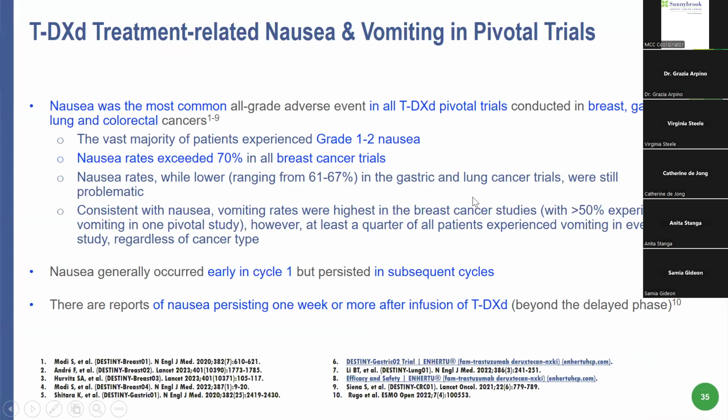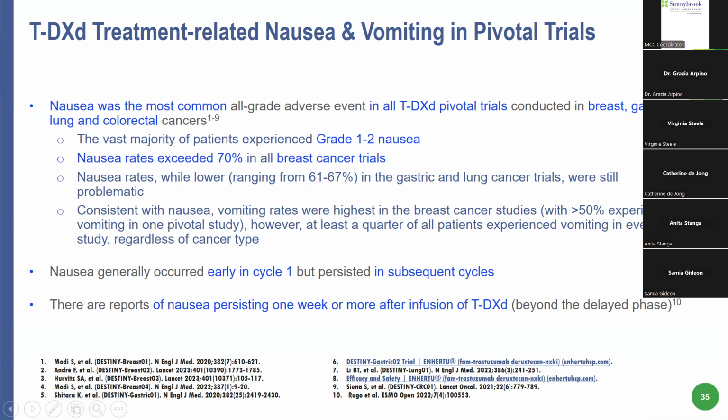But what is important is that the nausea is a very early symptom. It starts when we start the treatment. It's not coming after several cycles of treatment, but it's really a side effect that arises as soon as the people get the infusion of trastuzumab deruxtecan